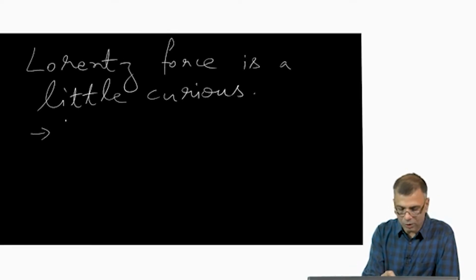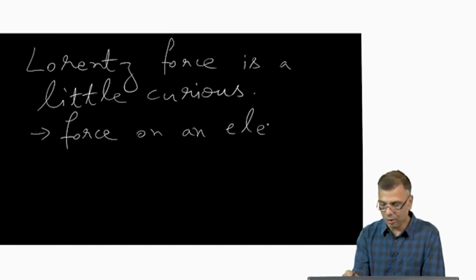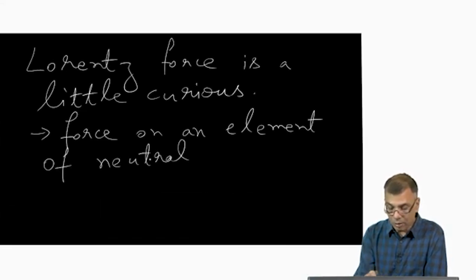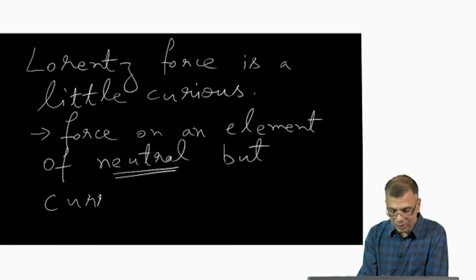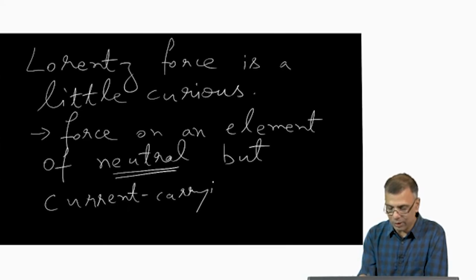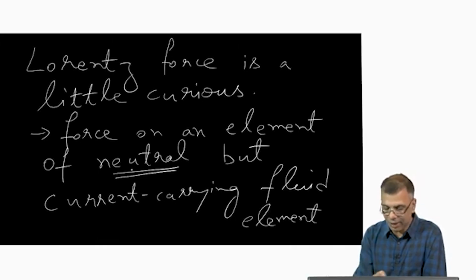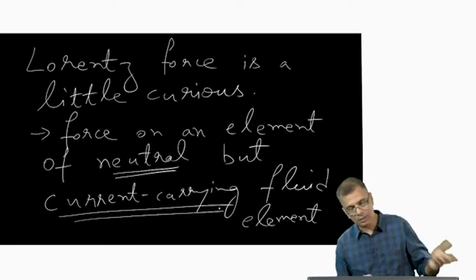Because it is the force on an element of neutral but current carrying fluid. So, this is a little at variance with our usual ideas of a fluid element really. This neutrality is a little bit at variance with our ideas of